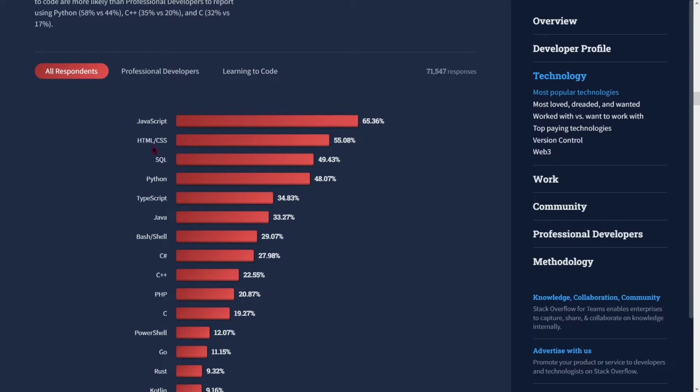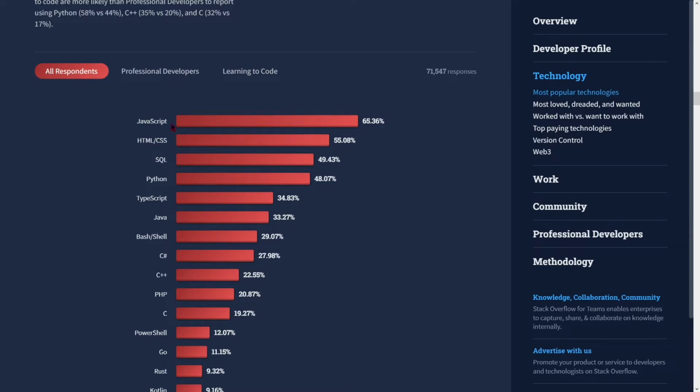Well, HTML and CSS aren't actually languages, but let's say these three technologies are for web development. So web development is really in demand and a lot of people are using these technologies. So maybe if you are a web developer or you want to be a web developer, you should start to